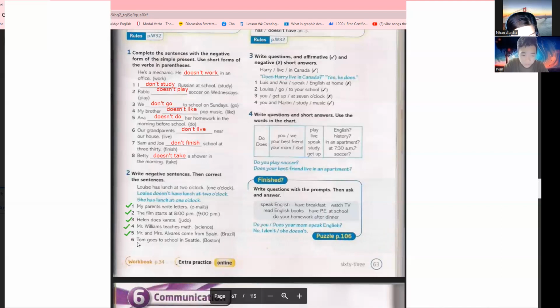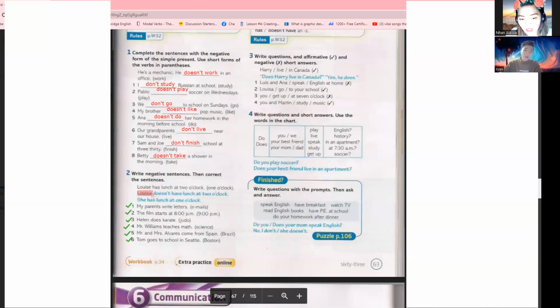The right pronoun is he. He goes to school in Boston. So, in that case, as you see, to avoid the repetition,